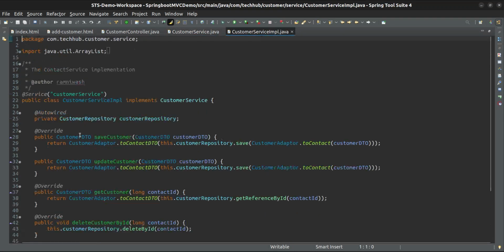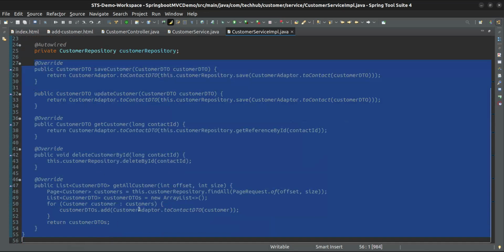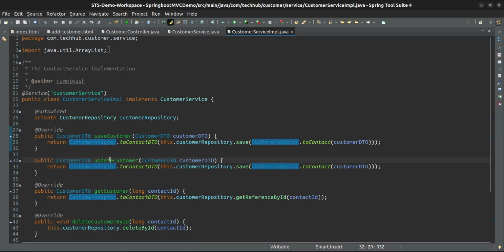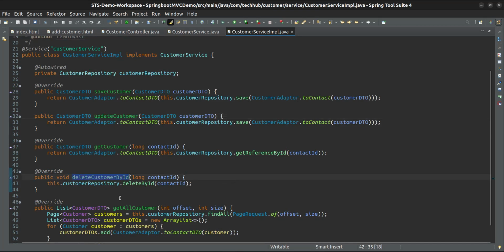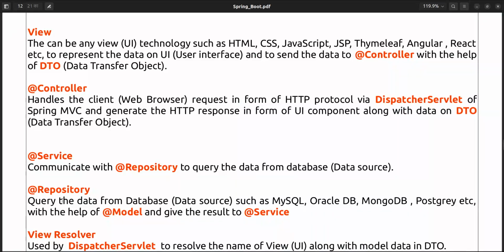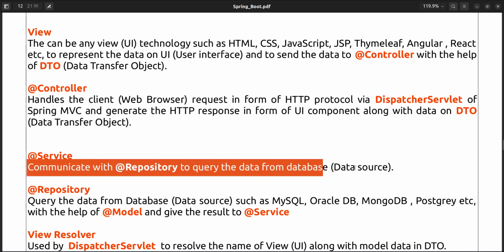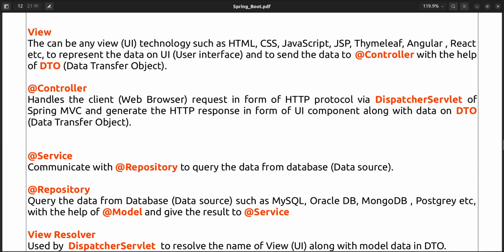So here is the implementation. The implementation of the service is very simple, just implementing the customer service, and we are giving the implementation for all these methods: save customer, update customer, get customer, delete customer by ID, get all customers. And if you see the definition, @Service communicates with @Repository to query the data from a data source or from a database. That can be anything, MySQL, SQL, whatever. We are using MySQL. So that is communicating with